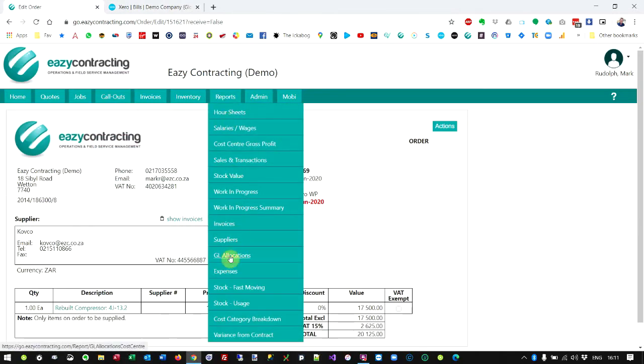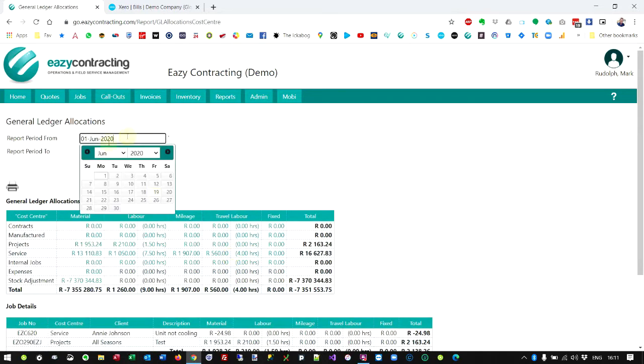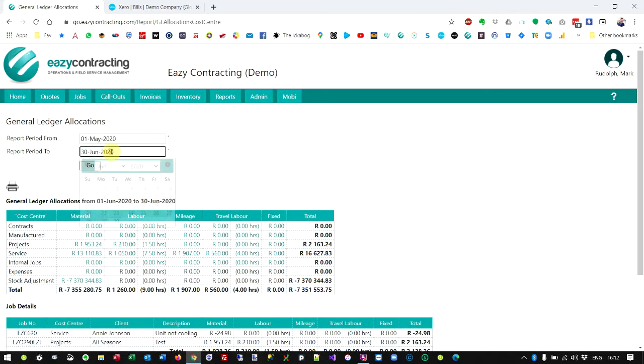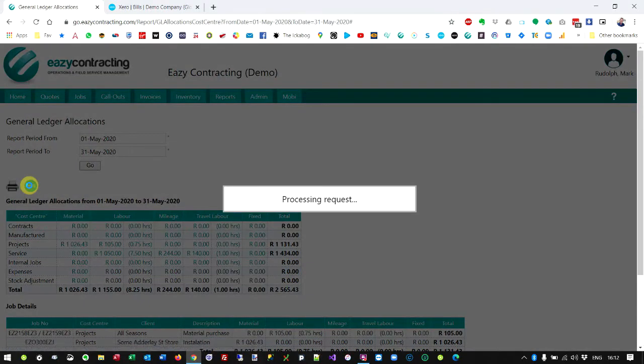The next one down is general ledger allocations. So this can only be done for a previous month, and it needs to be done for a full month to get the functionality that we require. And as we can see, as I hit go for that period, and I get my export to Xero button, when I click on that,